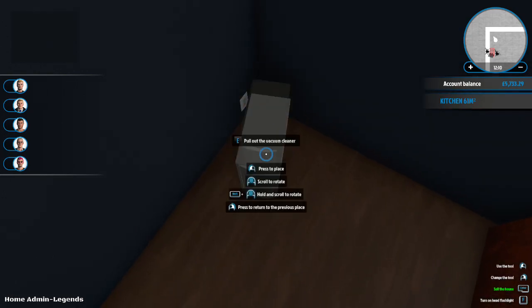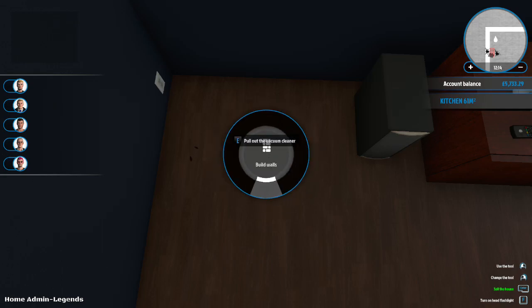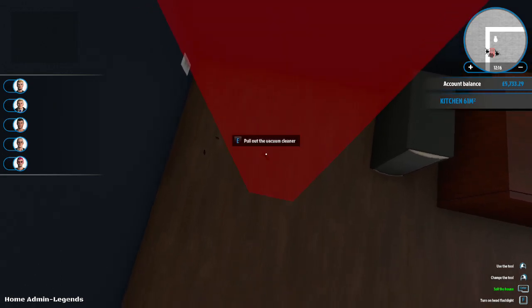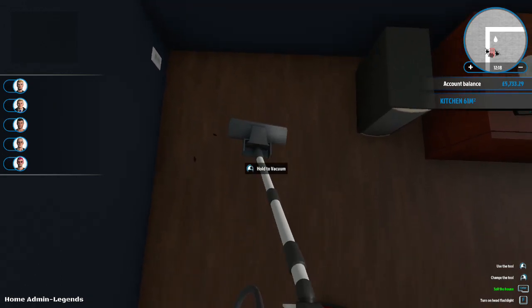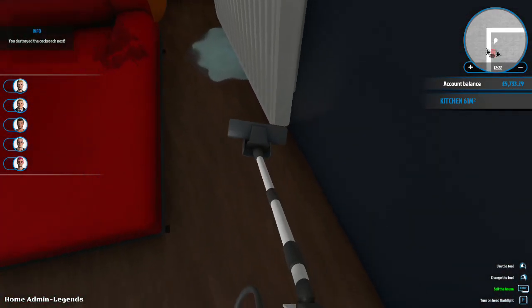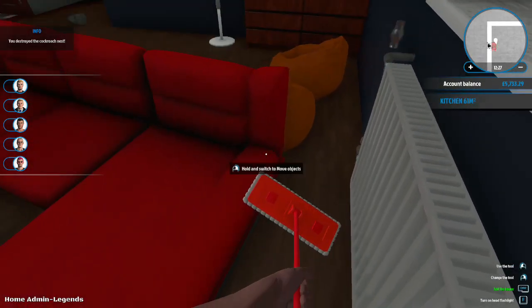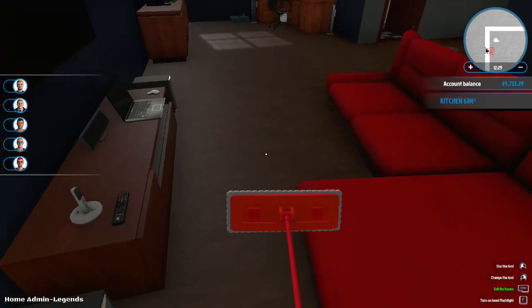I think there's one cockroach underneath this speaker, so we'll shove this over there. No, I don't want to make a wall. Make the cockroaches pay for it. I think that might be everything. Now that's going to accumulate more water